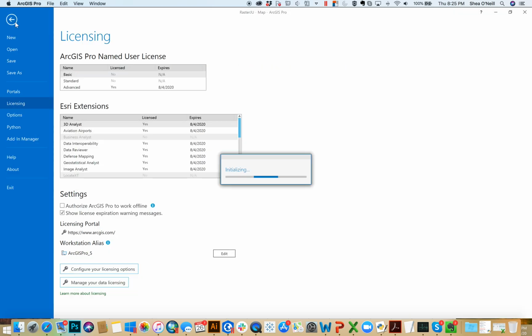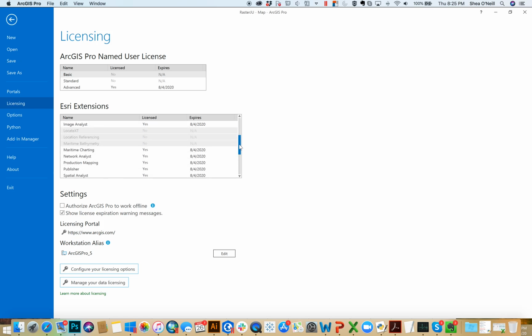Well, when you're in here, the first thing you're going to need to do is come to Project. You're going to want to make sure that the ESRI extension that says Spatial Analyst is turned on. You want to make sure it says yes. If it doesn't, you'll go down to configure your licensing options and make sure you turn it to licensed and get it on. I think it should naturally come up for you guys, but I just want to make sure that it's showing up, because without Spatial Analyst,